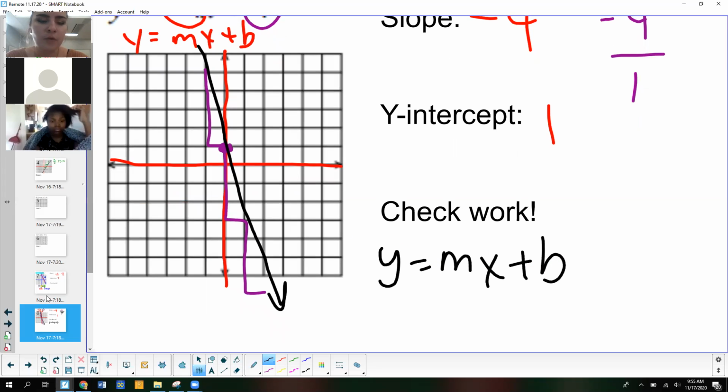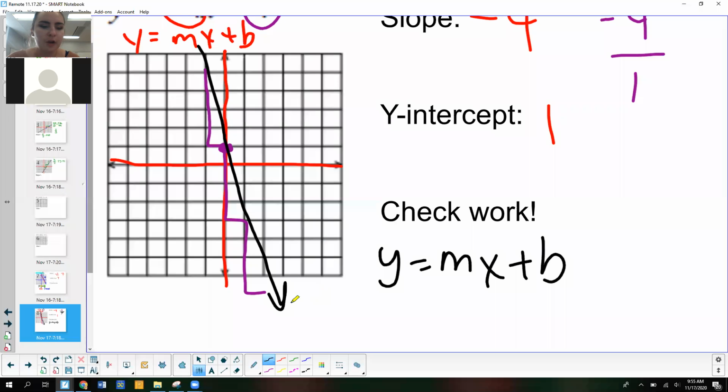So in the chat right now, what I want you guys to do is type in a skill that you want to work on. I asked you guys this last Friday and I just got somebody who said graphing, which is kind of a vague term. So type in a skill that you actually want to work on, because this is your class. I have loosely what I want to do, but if you guys need help with something, so if you need help with plotting points, finding slope, if you want to see more of the y equals mx plus b stuff, if you want to see how to find b, which we're going to do more of anyways,